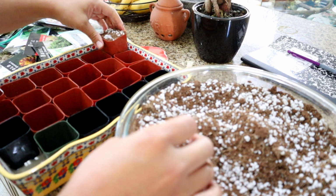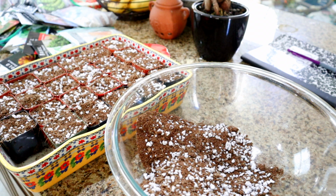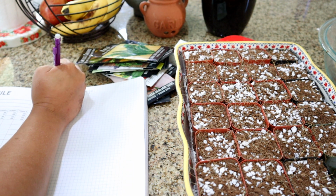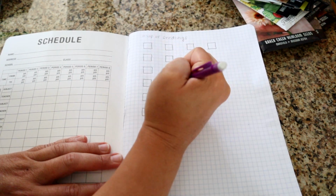Now, technically speaking, most bag mixes should be free from gnats. But if there's a slight rip or tear in the bags, they become a perfect breeding ground, and so will my cabinet. I count how many cells I have length and width-wise so that I can draw out a map